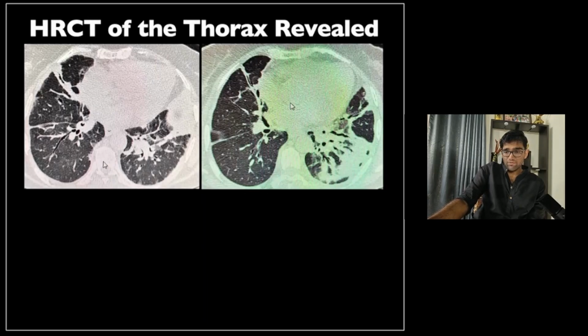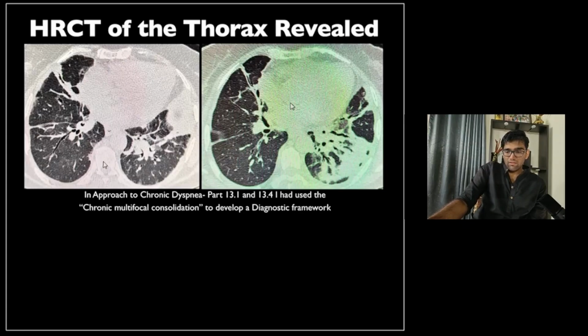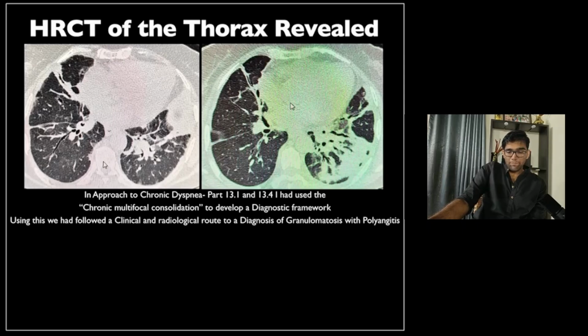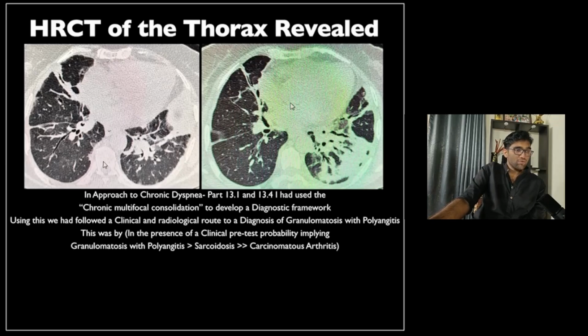So this was the HRCT of the thorax, and in that video we used a different approach to what I'm going to discuss right now. In parts 13.1 and 13.4 we talked about chronic multifocal consolidation, and then we developed a diagnostic framework for the same. Using this, we had followed a clinical and radiological route to the diagnosis of granulomatosis with polyangiitis in the presence of clinical pretest probability, implying that granulomatosis with polyangiitis was more likely than sarcoidosis, which was much more